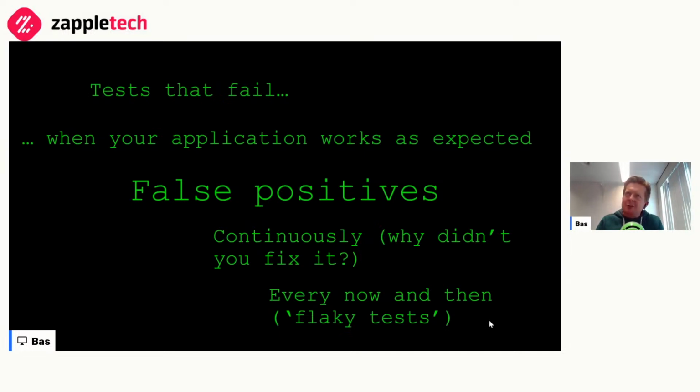So one solution to this, and please don't ever do this, is just to retry your test and say, well, I'm going to retry it 5 times, and if it passes once, then we're okay. The problem is, it might pass once, but it fails 4 times, and that is telling you something. It's either telling you something about the quality of your application, but more likely it's telling you something about the quality of your test. And that's something that should be addressed because your tests should be reliable. Again, think of them as the guards of your application code.